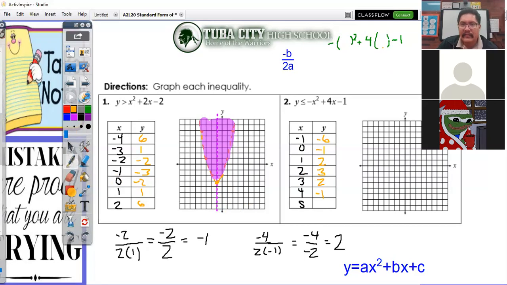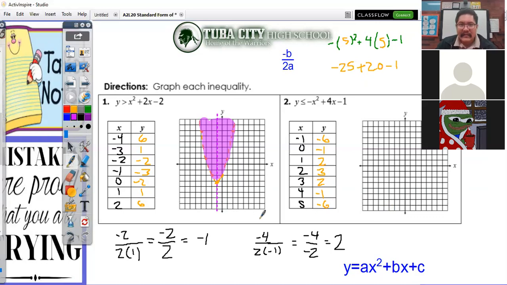Last number we have is 5. So 5 squared is 25. So negative 25 plus 20 minus 1. Now let's see, put my negatives together and we have negative 26. So 20 minus 26 is negative 6. And there we go, we have all our